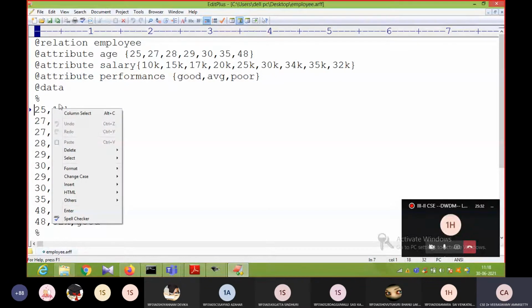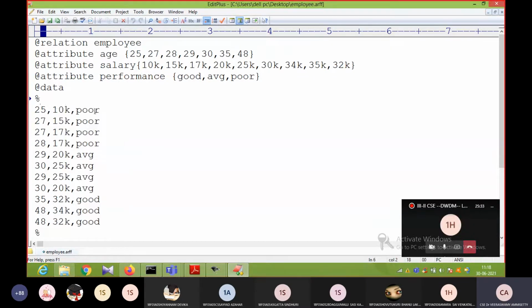The next record is 29, 20K, average. Like that, you can fill in whatever records are required. You can type one more record, 35, 20K, and good or poor.